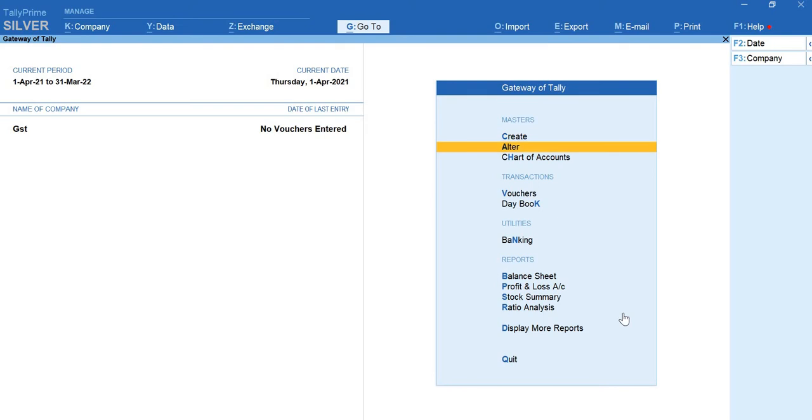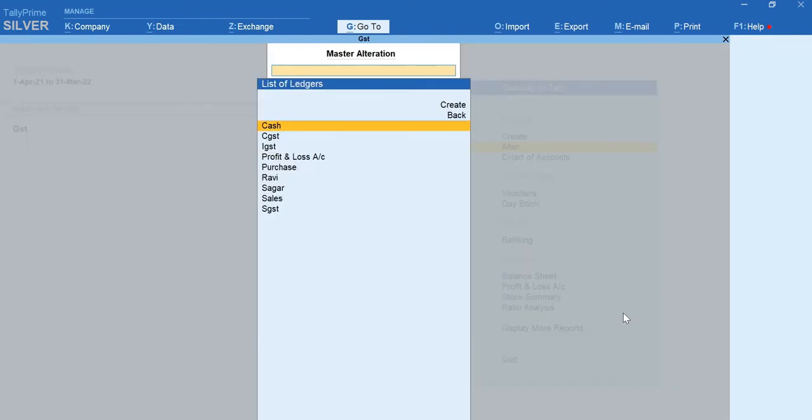To show you, I'll go for Alter and ledgers. So these are the many ledgers that I have created. That is the tax ledgers, CGST, SGST and IGST, and sales and purchase ledgers, and two party ledgers, one is the seller and one is a purchaser. So those are the ledgers that we want to create.